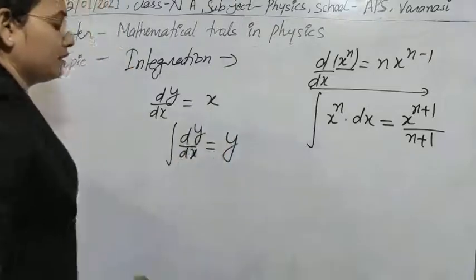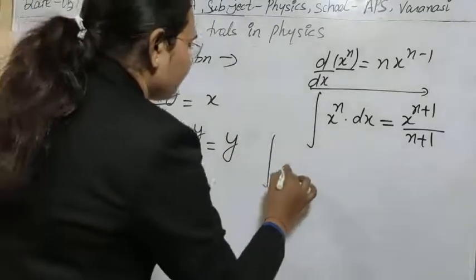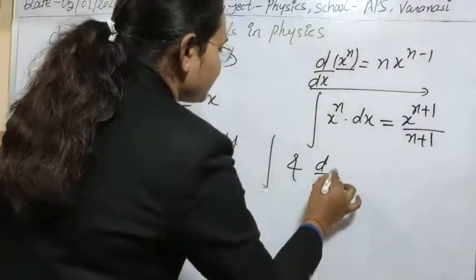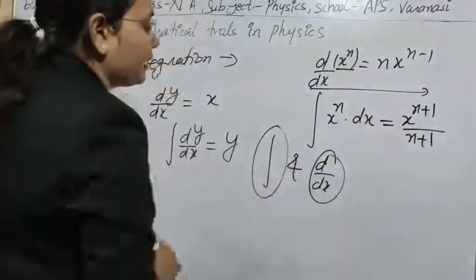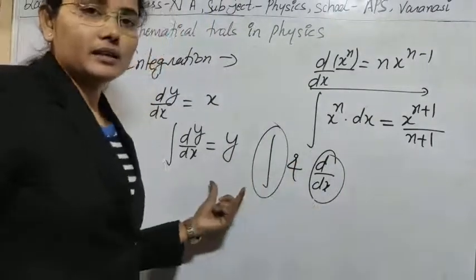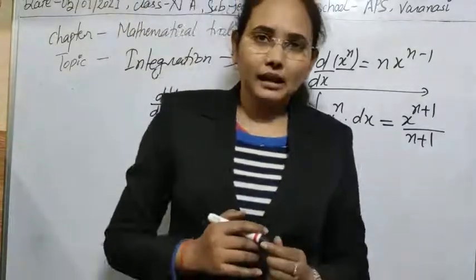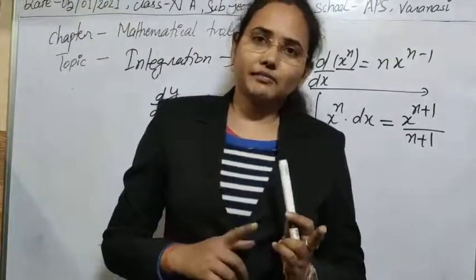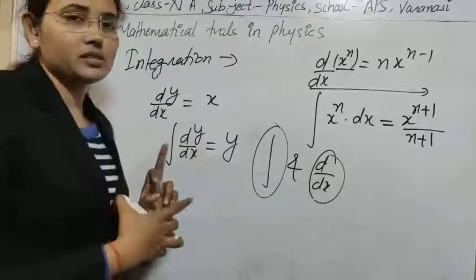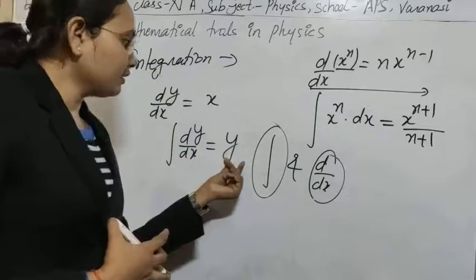Then for that, if you integrate this whole term here, you can find out easily it is equal to y. These two, this integration and this differentiation, are operators, and these are reversible operators. It is like if you are using plus and minus signs, they can cancel out each other's effect. In the same way these two things are reverse processes of each other, they can cancel out each other. So here finally you can get this value.